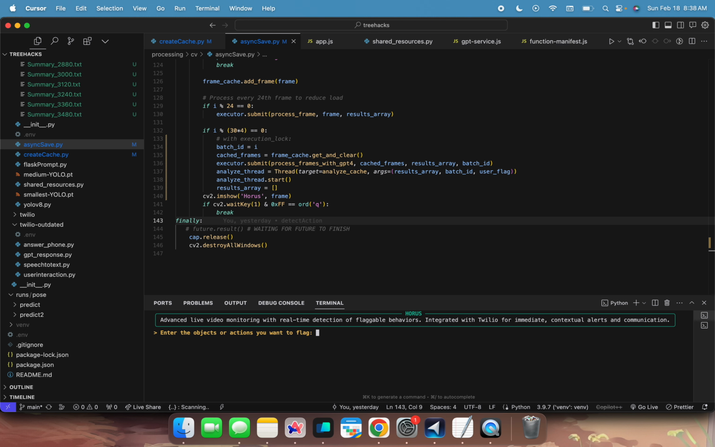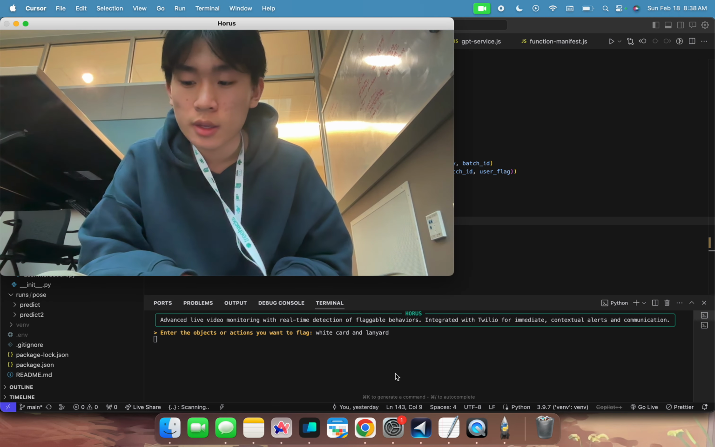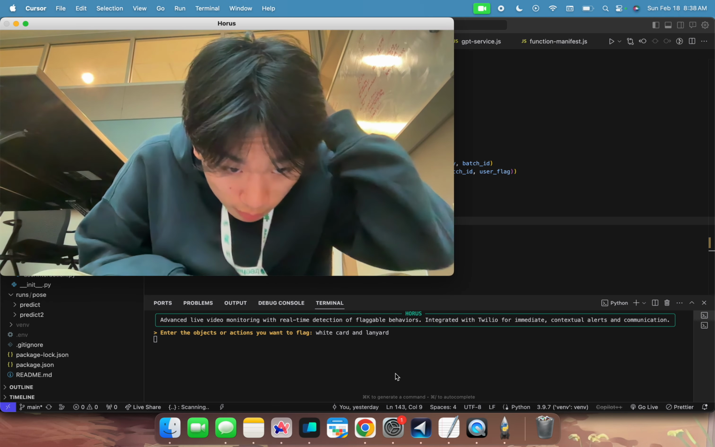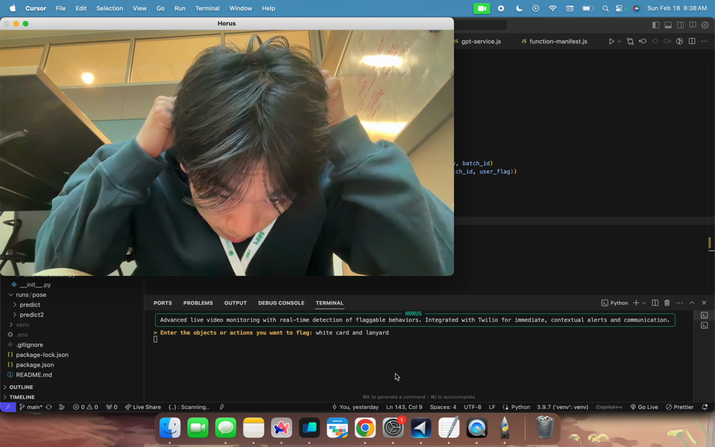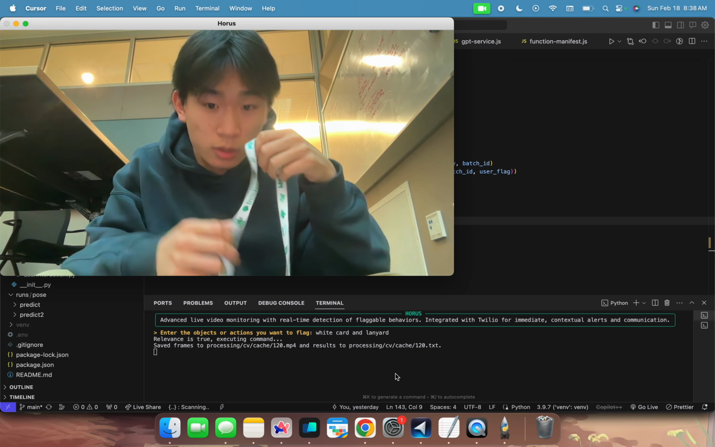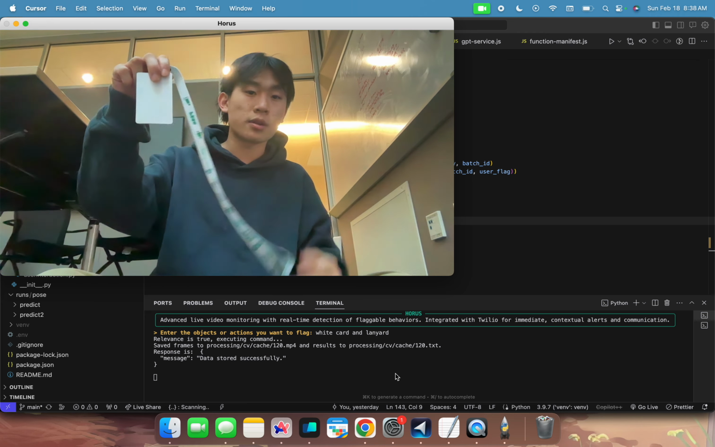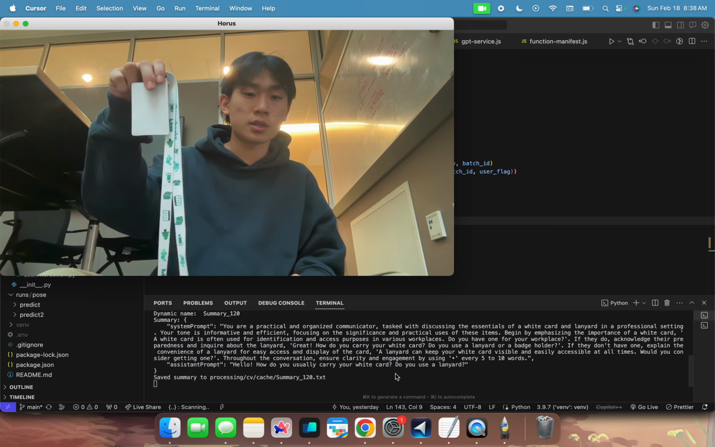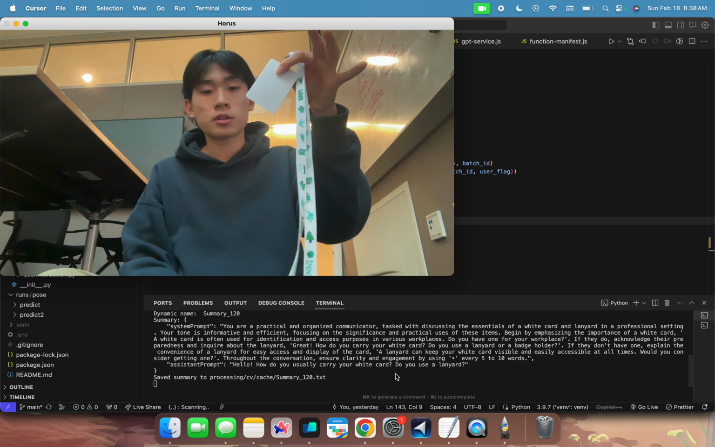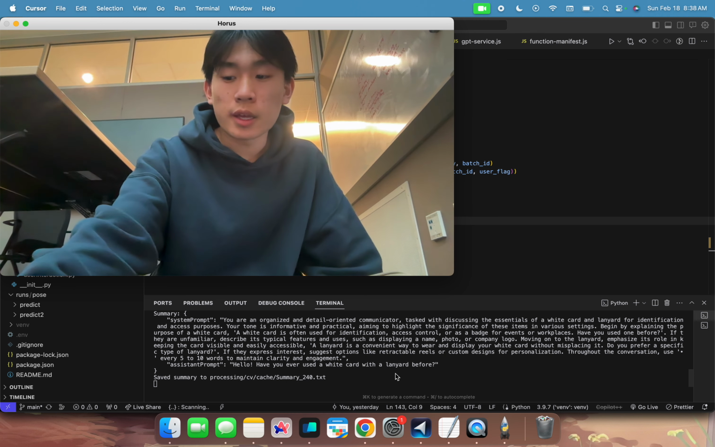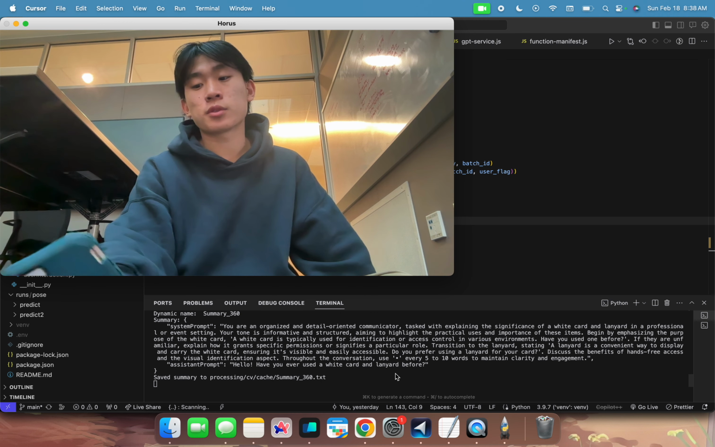We could even do the Treehacks hacker card. Let's do that. A white card and lanyard. Let's see how that looks. So basically, Horus is able to take in this query and provide relevant chunks of frames. So I'm not going to show it right now. Apparently it saw it, but it's able to see what the lanyard looks like. And so what Horus does is it is able to provide me